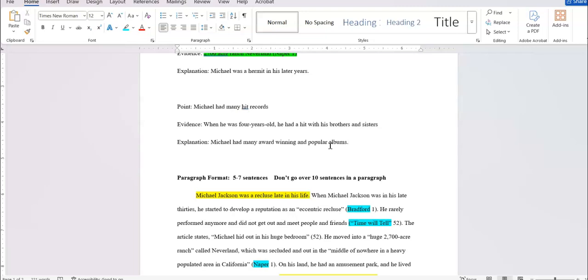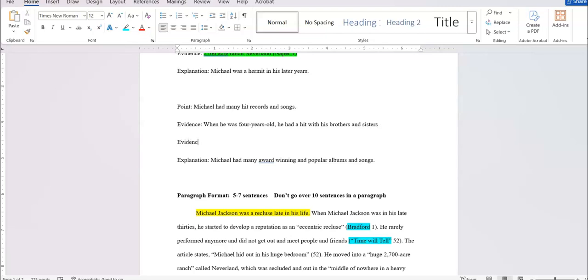I didn't say anything about songs in the topic sentence. Maybe I could add that, and then I could add it in the bottom. Now I can add it here. Those need to match perfectly. Okay. And again, my evidence, I must have a direct quote. Doesn't have to be with the first one. Could be with the second one.